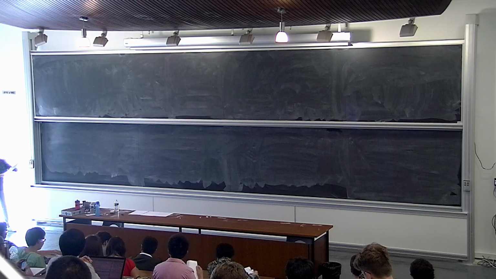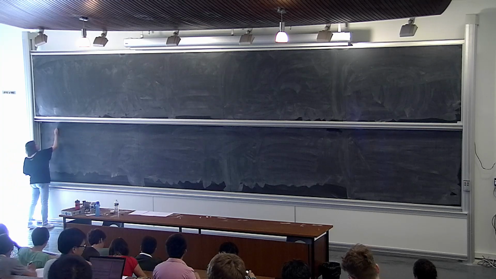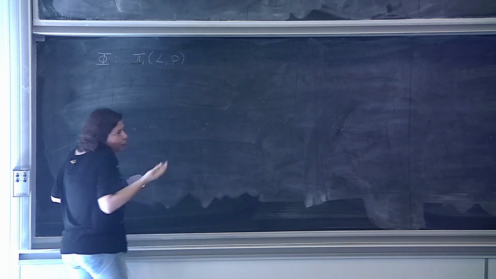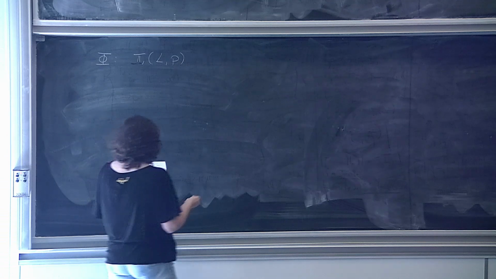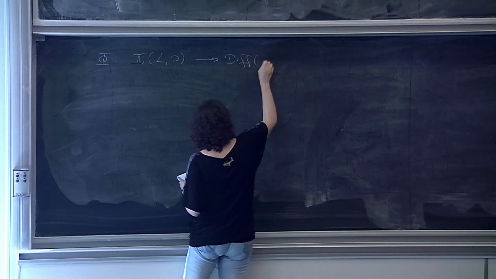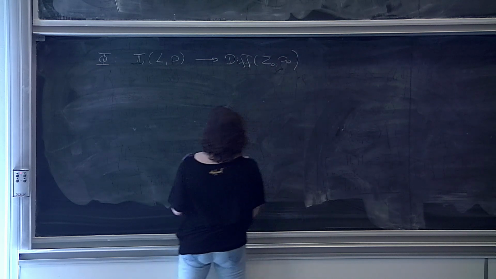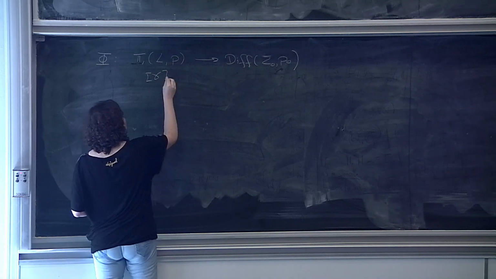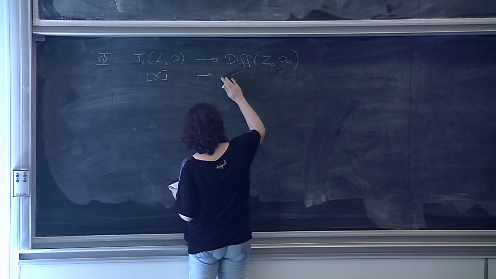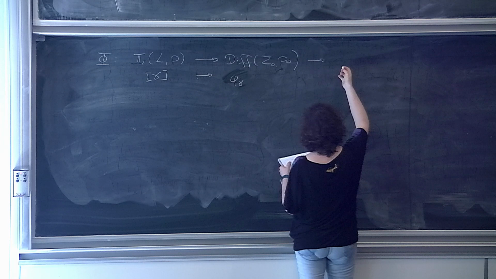So yesterday I was giving the construction of the holonomy of a leaf. Essentially it was a representation from the fundamental group of the leaf L. We can fix a point, and I said that if you change the point, these homomorphisms are isomorphic onto Diff of sigma 0, p0, where to each element in pi1 of L, gamma, we associate phi of gamma, where I recall that here this was representing the group